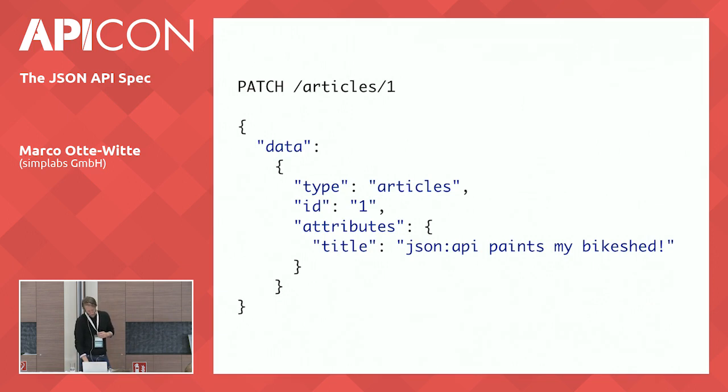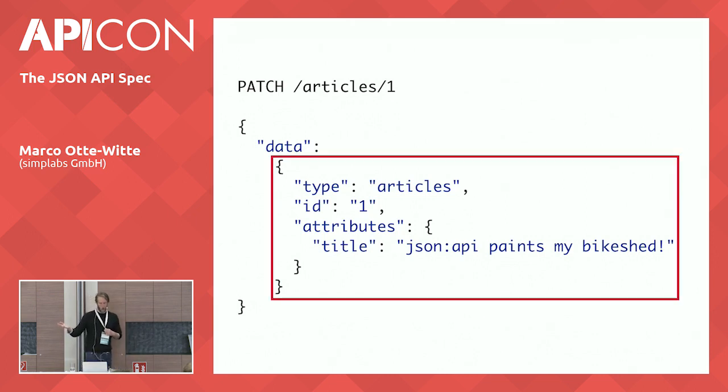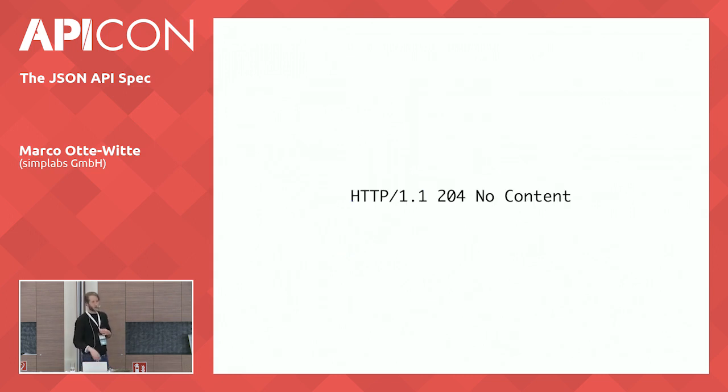Let's look at updating. That's really simple, actually. You see we're making a PATCH request, and the request body is just the normal resource object again, so we're sending that to the server, and the response would then be 204, no content, which means a successful request but no content. Because when we send the full resource object and say we want the new state to be this, and that works successfully, there's no response necessary, as the request that we just sent is now the new state of that resource. So there's no response body necessary here.